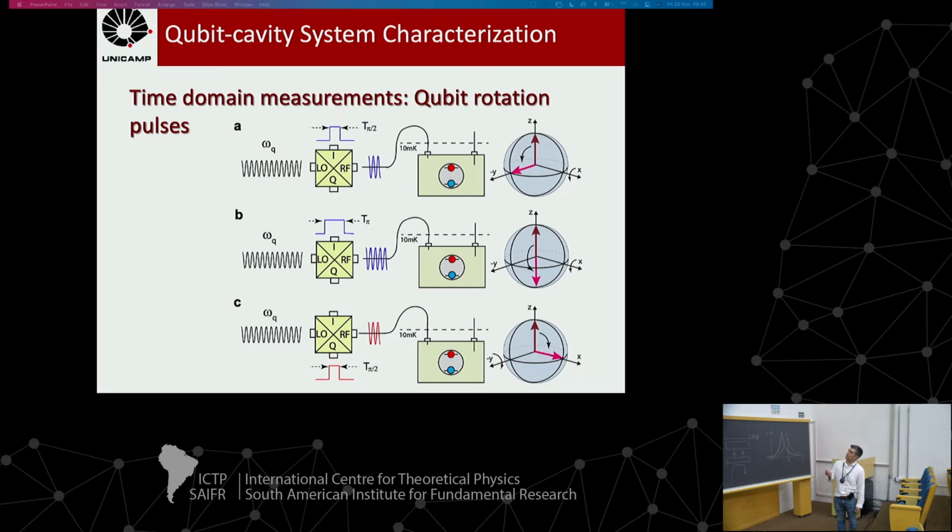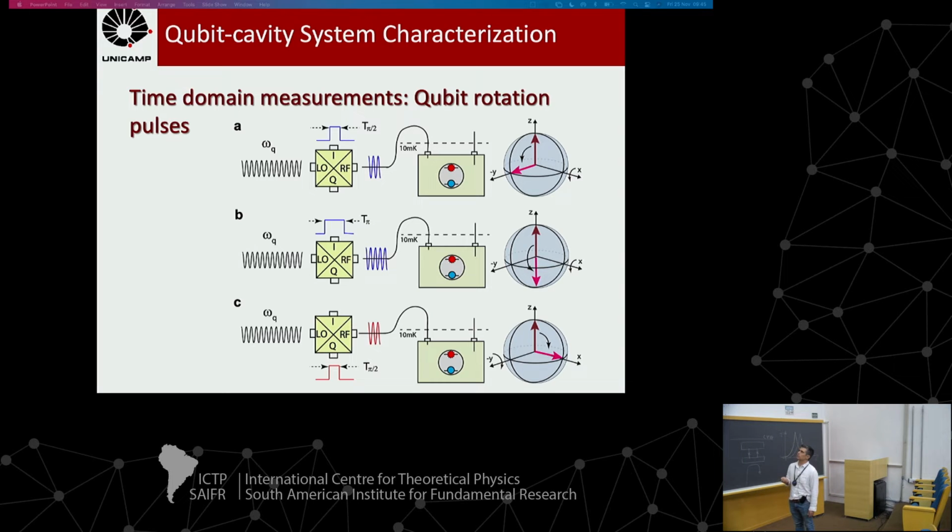I need to define some time that I need to measure that will create to me a pi/2. Then I control the signals in I and Q port, send the signal to my qubit, and then I do this rotation I was waiting for. Or I can do a pi pulse here. It's the same idea. I send some signal that is the frequency of the qubit. I open to only let this small period, small time, go to the qubit, then do this kind of